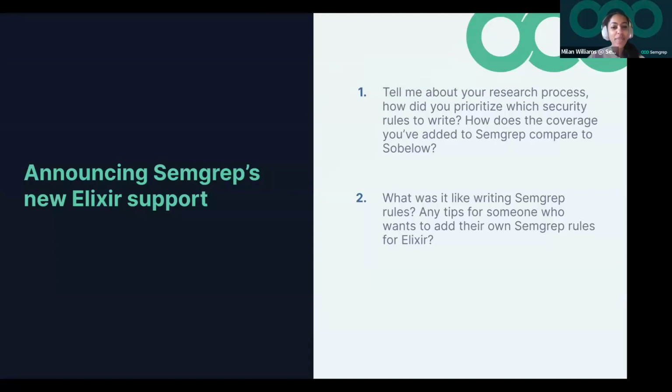I think that's an invaluable resource. And I think anybody who's looking to write their own rules for Elixir, or just in general, being able to look at other pre-existing rules that do something similar to what you're trying to do is incredibly valuable. I can't overstate the beauty of being able to write a generic rule